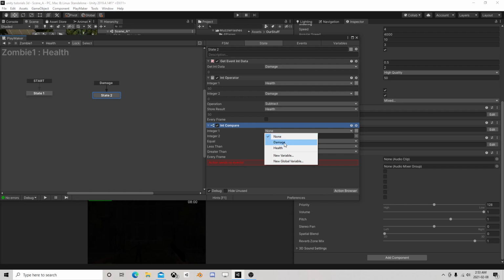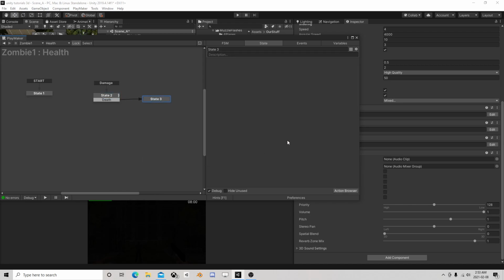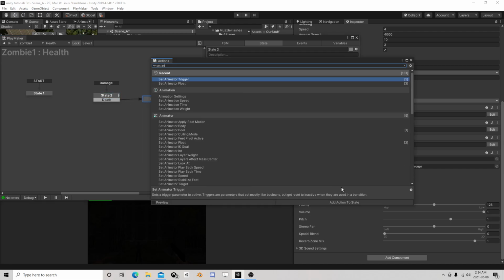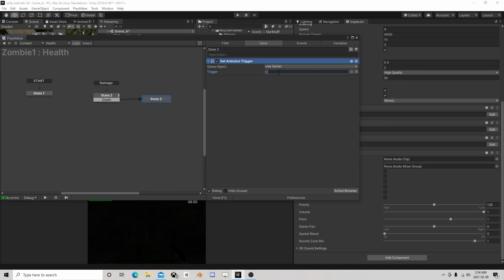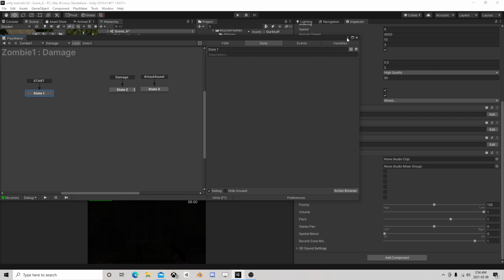If health is equal to that, or if it's less, then go that way. And that way is set animator trigger to death. Plain and simple. And I think the other thing we're going to want to do with that